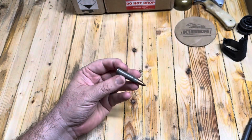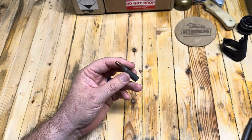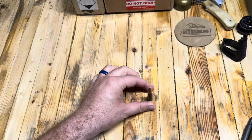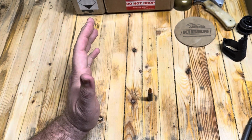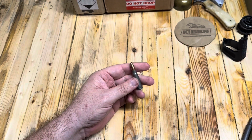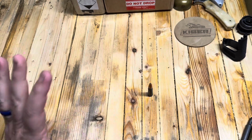Here it is, 7.62 by 39. This is the caliber of the day, day 7. So 7.62 by 39, you're pretty much going to go straight to the AK in your mind. There are several other guns that shoot this caliber, and it's a pretty great caliber in general, traditionally known as